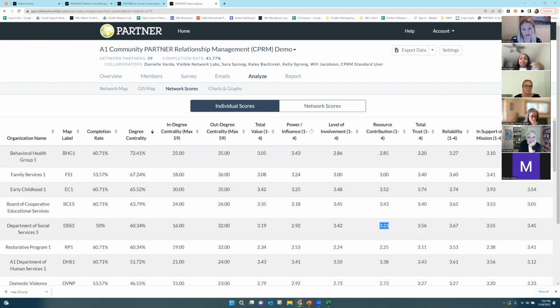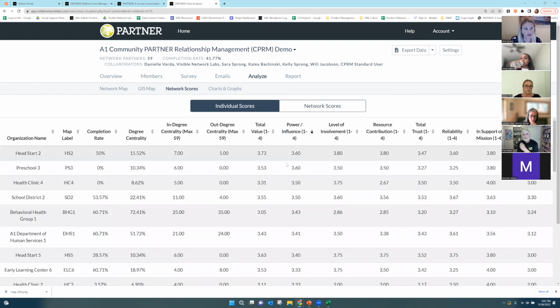Maybe we need someone who has the most power and influence at the table to help push this forward. So use these scores to help make determinations of who should be involved in which ways. One thing that comes up with value is that usually it's the power and influential person who's seen as the one who should lead or take charge, but oftentimes they may not have a good level of involvement, or they might not have the time, or they might not be able to contribute resources. So being able to really look at how you can leverage the different value that members bring is really important,